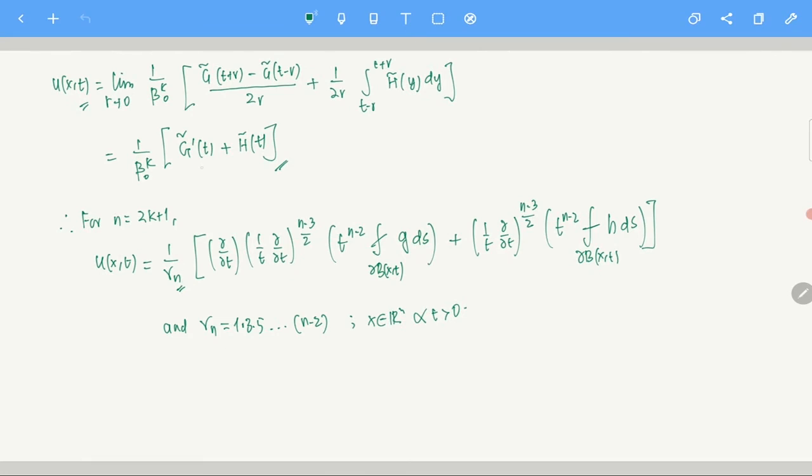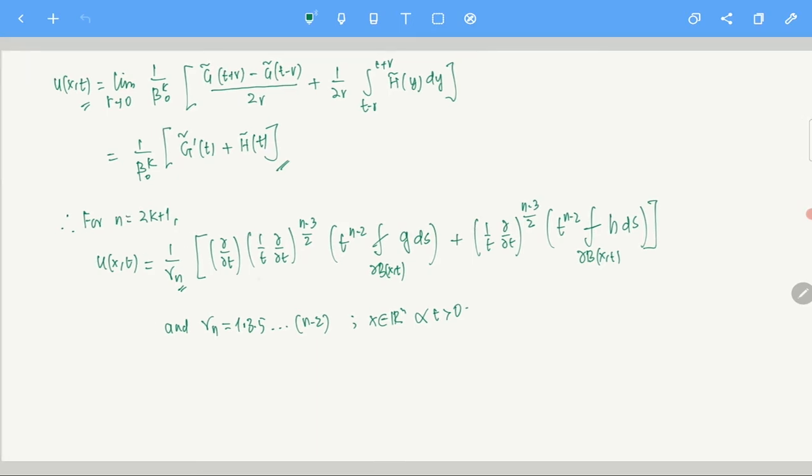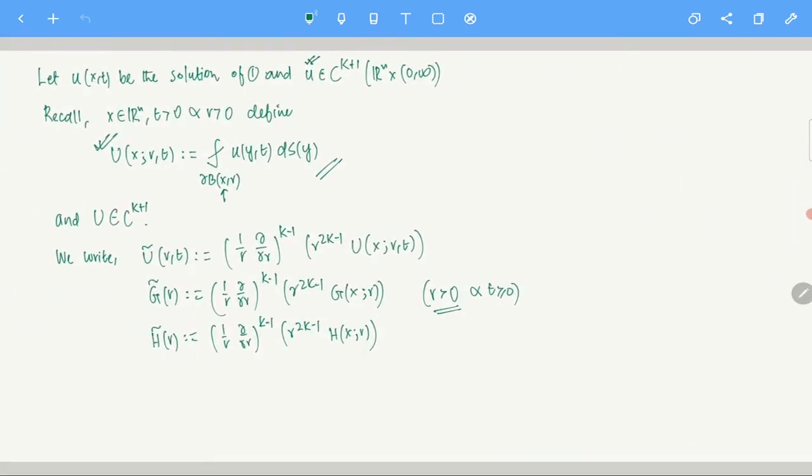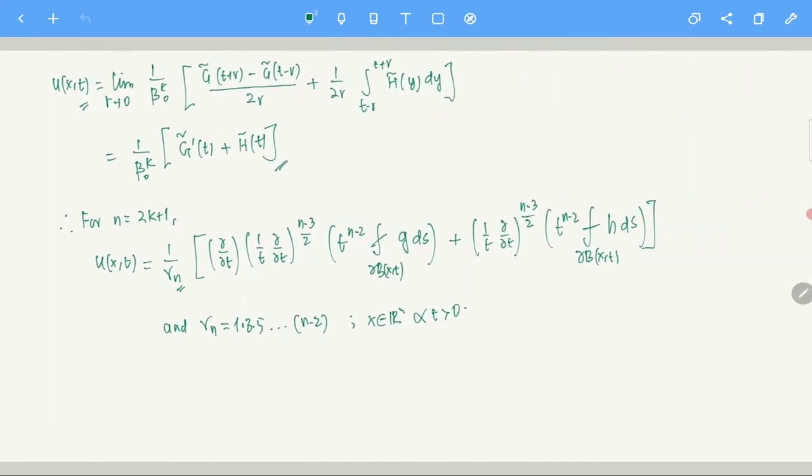And here, G tilde and H tilde we already know. We defined G tilde somewhere. Yes, G tilde is defined by this: 1 by r del r, k minus 1 of this, and then with respect to t, so del t of this particular thing, and again H tilde is given by this. I am doing nothing but putting everything together. Then I am using the definition of capital U, so I get everything in terms of small g and small h, and this is the formula.